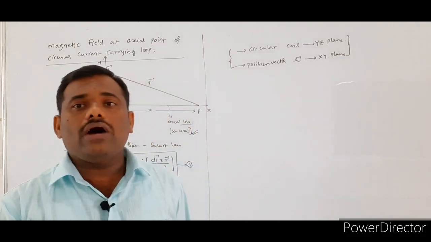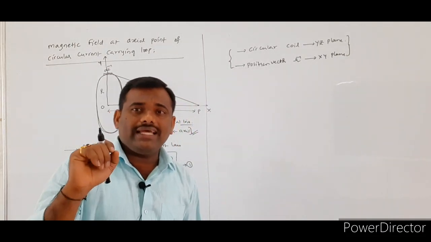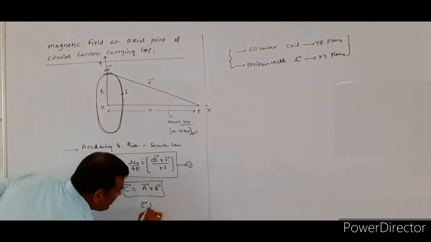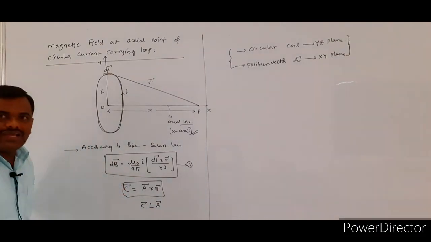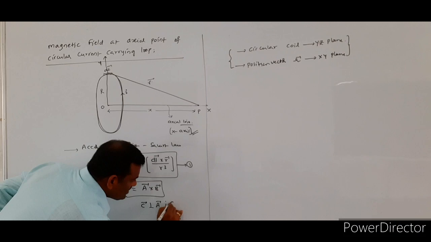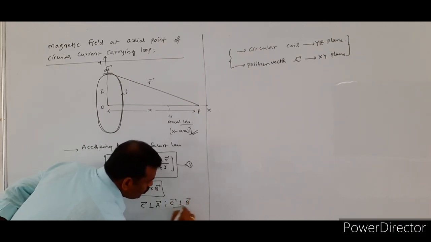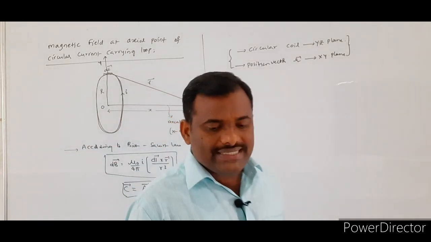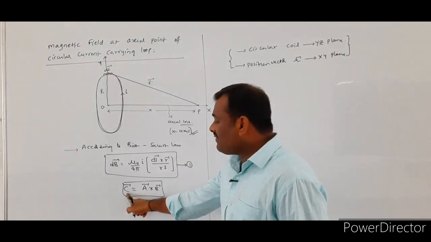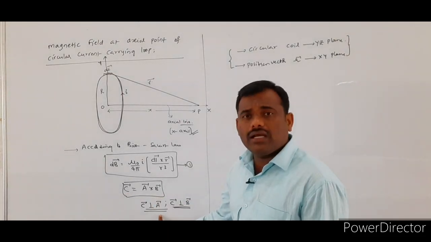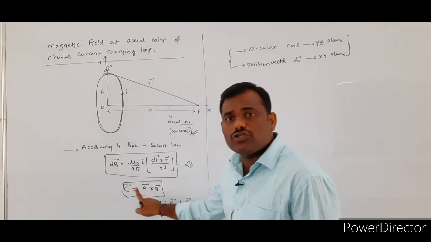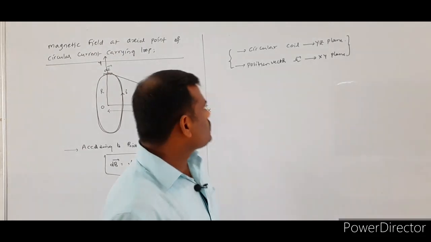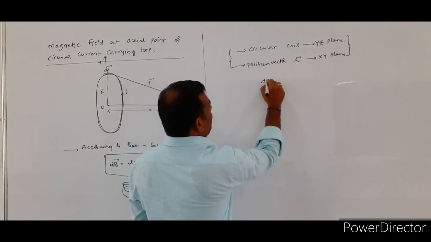So from the basic idea of the cross product, the c bar vector is perpendicular to a bar. Simultaneously, the c bar vector is also perpendicular to b bar. So, if any two vectors are represented by the cross product, their resultant vector c bar is perpendicular to a bar, as well as perpendicular to b bar.